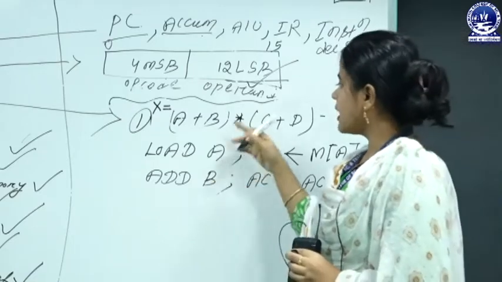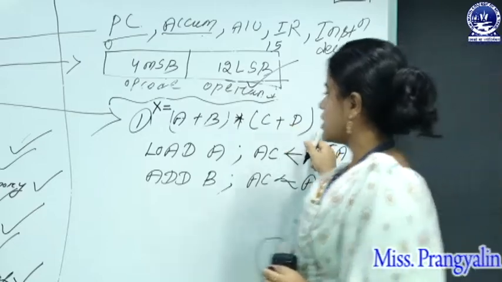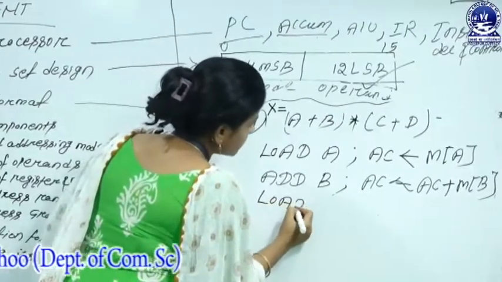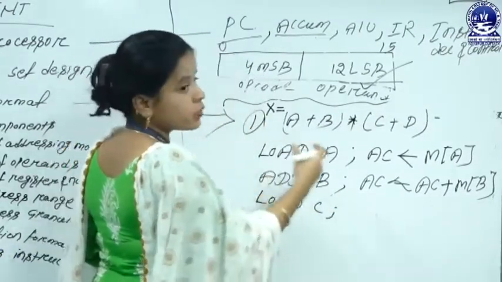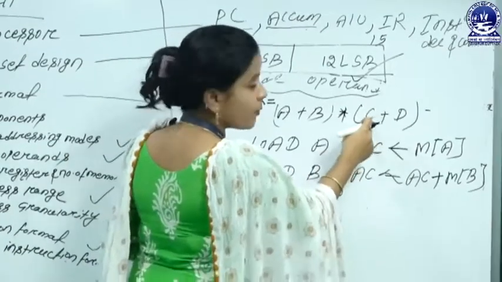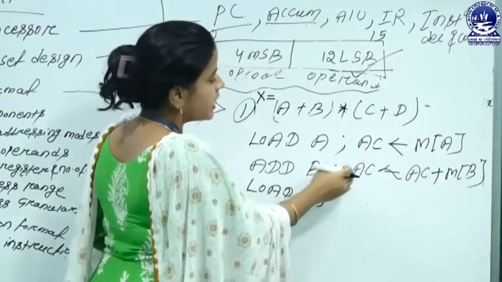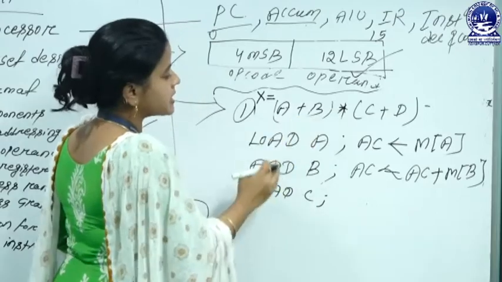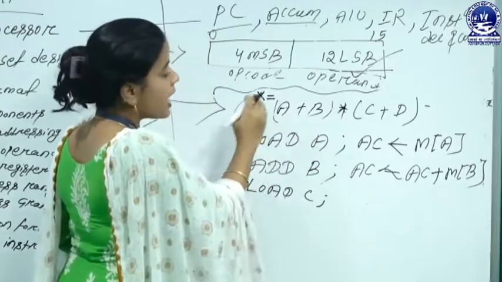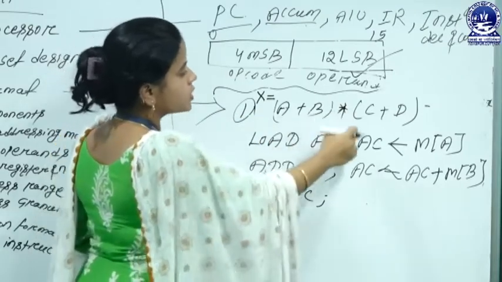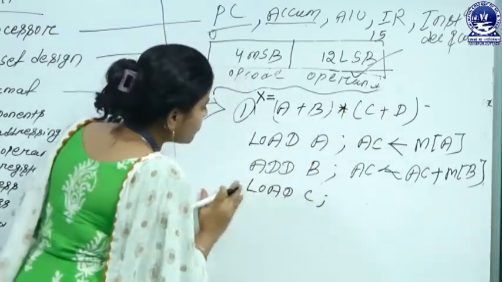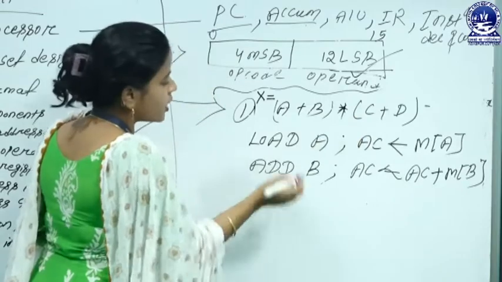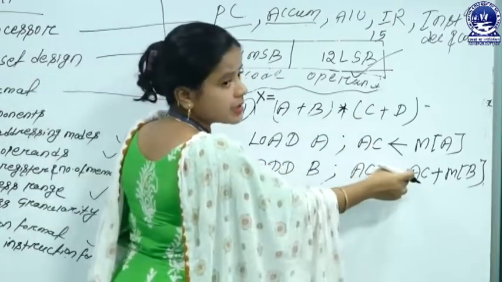Okay. After that, now go to the next bracket calculation. Now again you have to load the first operand, that means load C. That means we again need to store the value of operand C in the accumulator, but the accumulator previously holds the summation result of A plus B. So first we have to assign the resultant calculation to another temporary location. Before loading the operand C, we first temporarily store the accumulator's resultant value.